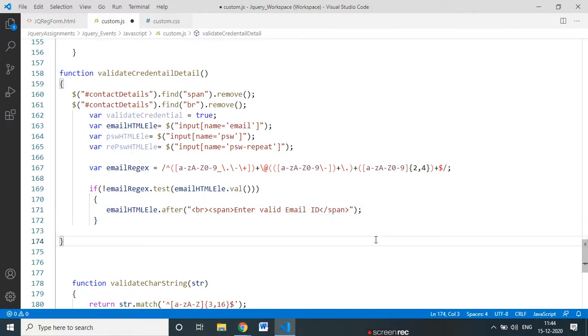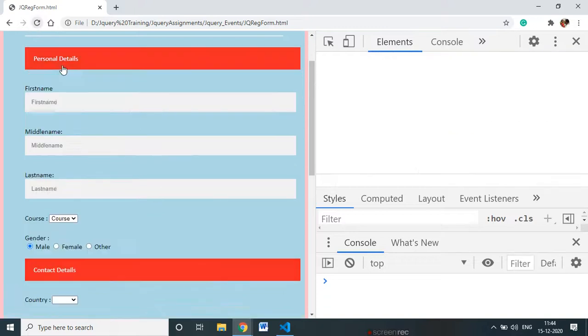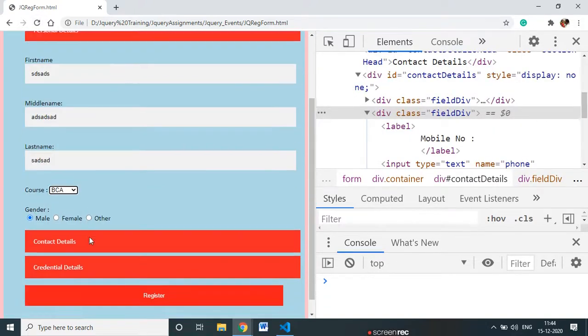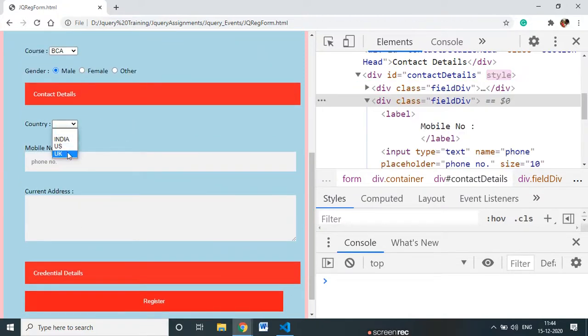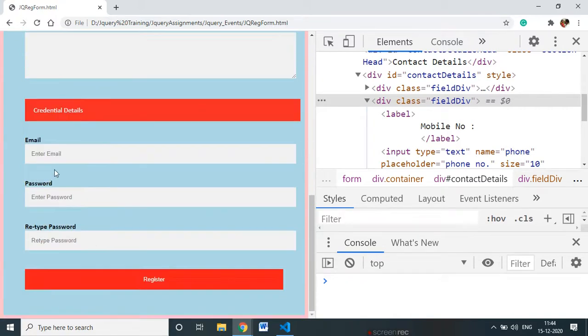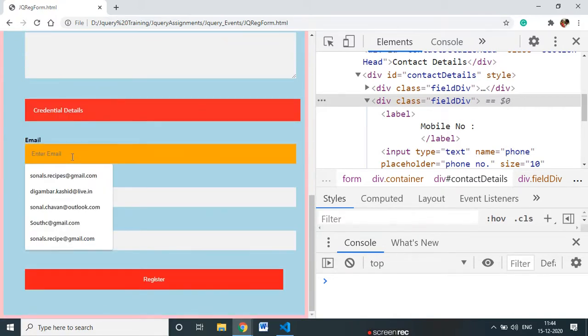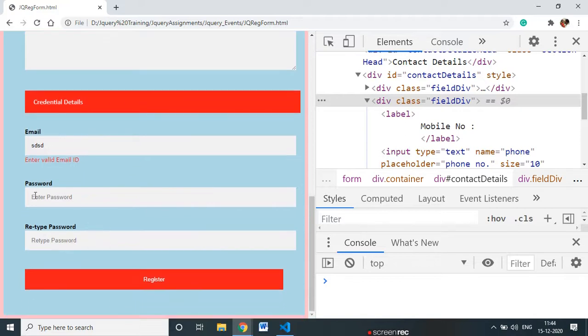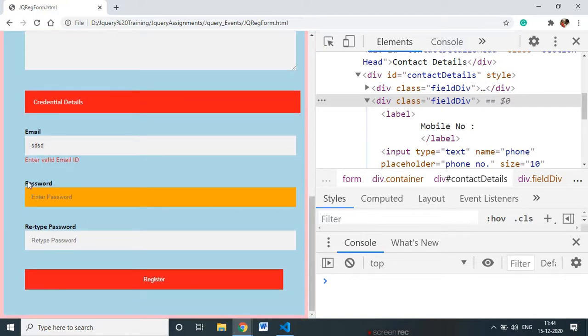Okay, now it will work fine. If I put the wrong email ID, it says enter valid email ID, which means it's working fine.